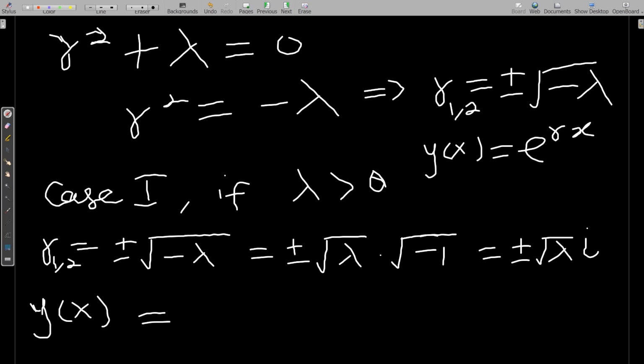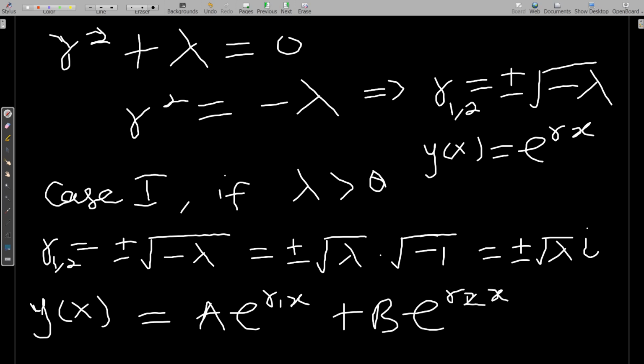and our solution should be like y of x is equal to a constant a, e to the power r1x plus a constant b, e to the power r2x. Actually, this is how it goes for all of the kind of solution you get. But when it is complex, then e to the power something can be converted using the polar coordinates to sine and cosine. So you can go and search or read on that as well,